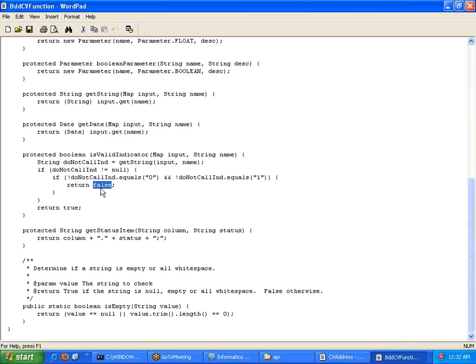That is what will be returned by this particular indicator.